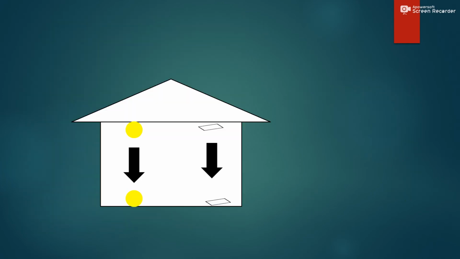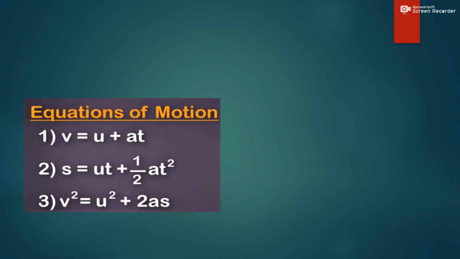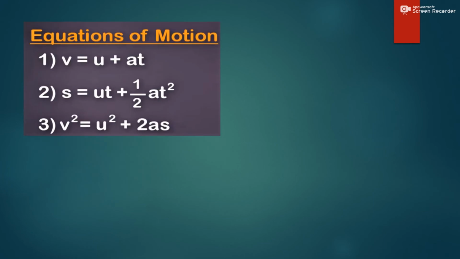Let us imagine a room with no air. And if you drop a ball and paper from the ceiling, both will fall on the ground at the same time because there is no air to offer resistance. So it's a very important point, please note. Acceleration g is constant near the earth.